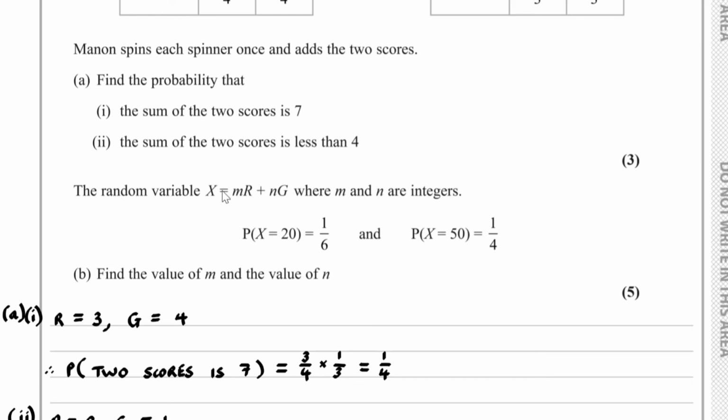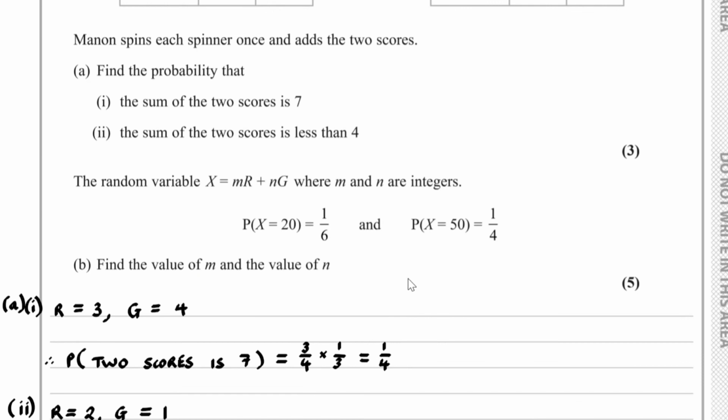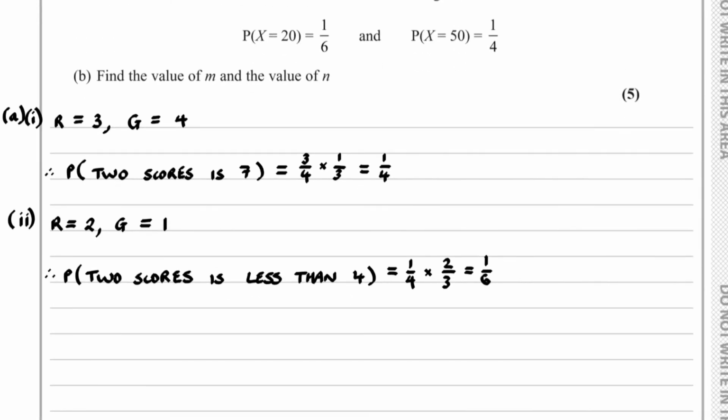Now, the random variable X equals mR plus nG, where m and n are integers. We've got the probability that X is 20 is a sixth, and the probability that X is 50 is a quarter. We have to find the value of m and the value of n. Now, first of all, for part B, we've got the probability that X is equal to 20. That is equal to 1/6. Now, if we've got the probability equaling 1/6, as we see here,